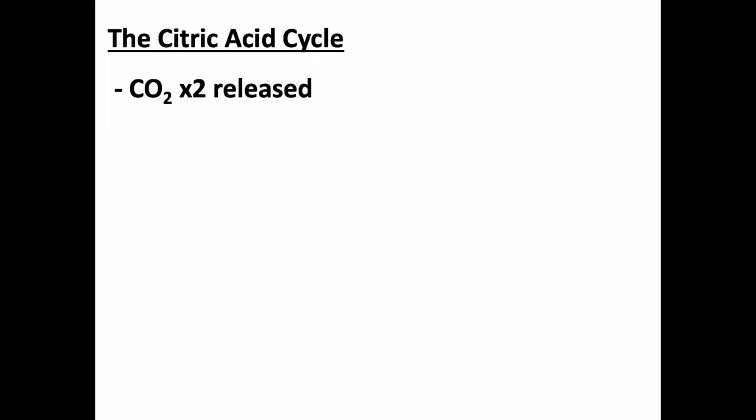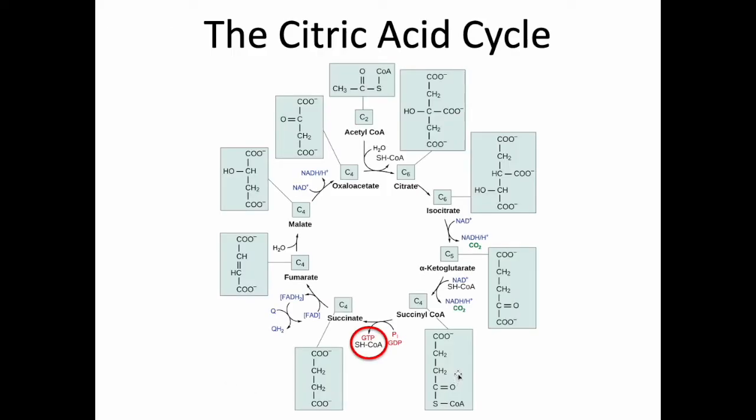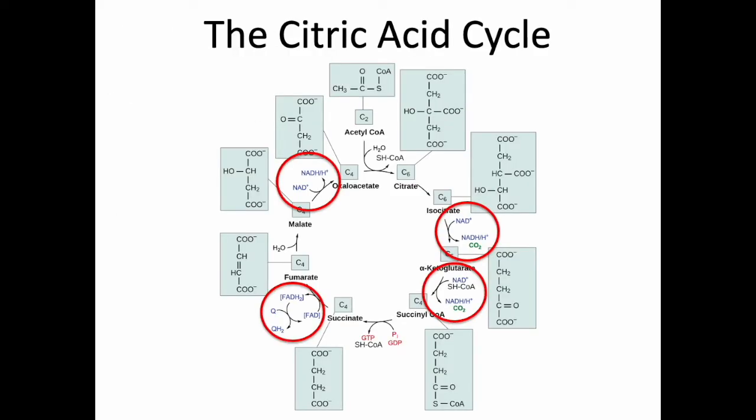We also get some ATP that's generated. Now, technically this is GTP. Don't worry about it. GTP is functionally equivalent to ATP. I'm just going to say ATP generated to try to keep things simple. We are getting some ATP, some usable energy out of this citric acid cycle as a whole. And of course, we're also oxidizing this, which means we get more of these high energy electron carriers.